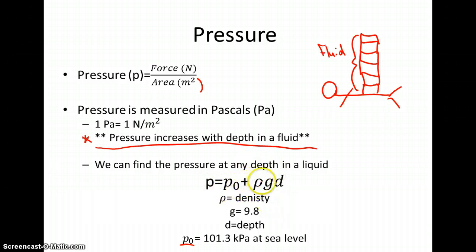the density of whatever fluid we are in, right? The gravitational constant, which is 9.8, as well as D, which is going to be our depth in that liquid. And we're going to measure depth